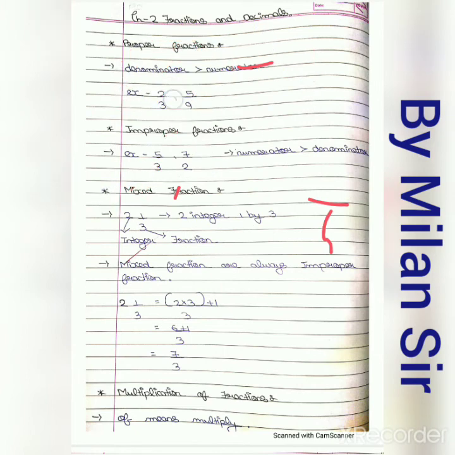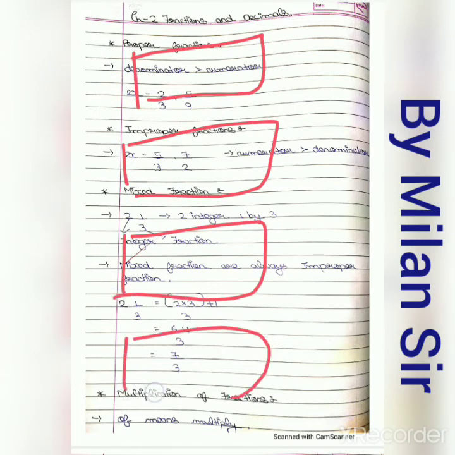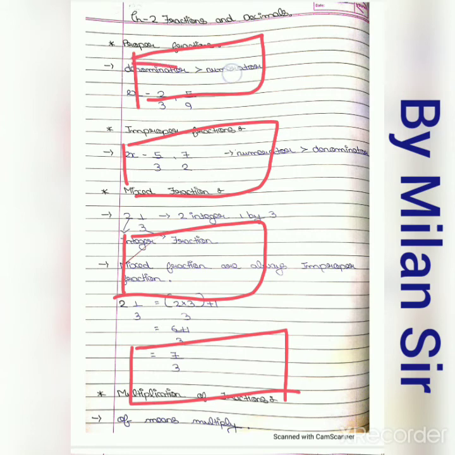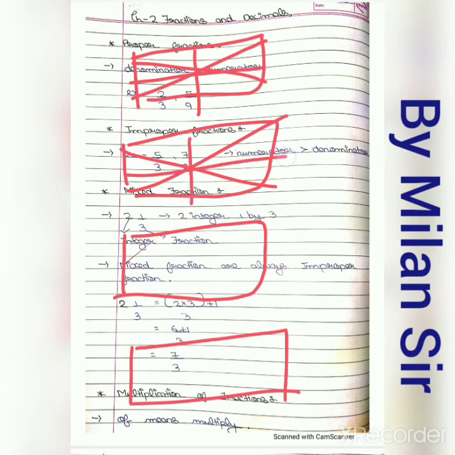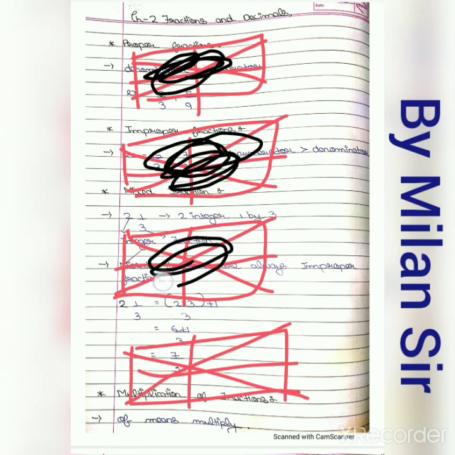For mixed fraction, again I give one example to you. Just consider a rectangle. Okay, then I divide it into 6 parts. Now if we consider all 6 parts here, all 6 parts here, all 6 parts here, and here we consider 2 parts. Okay, so how can we represent this situation as a mixed fraction?